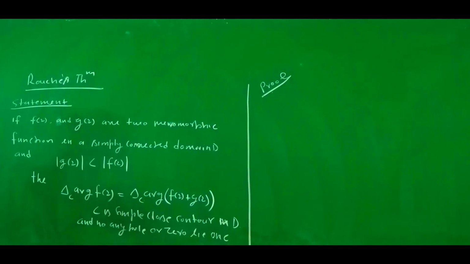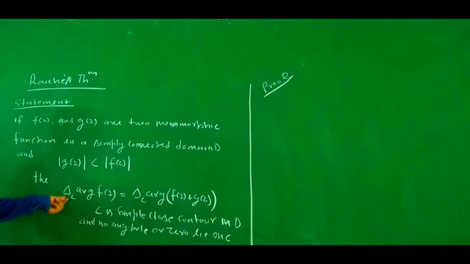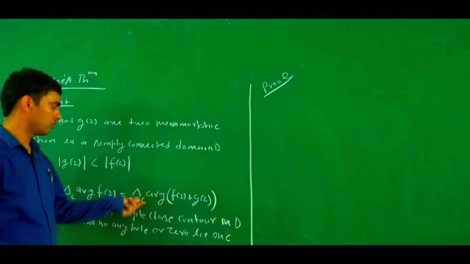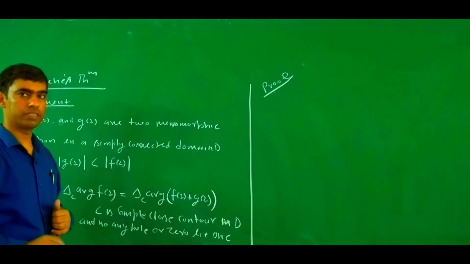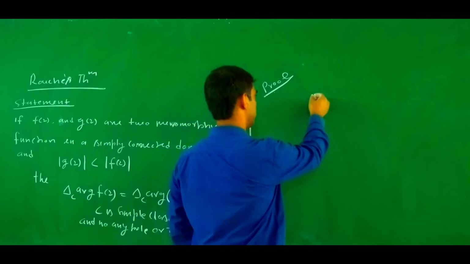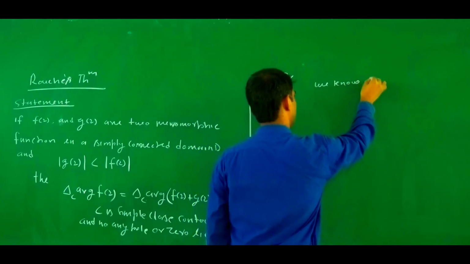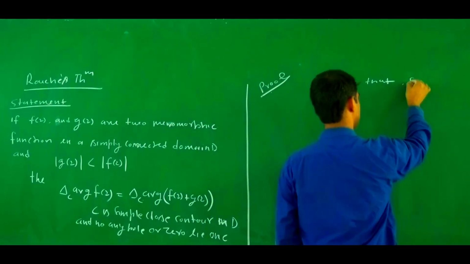If you closely observe, there is a need to prove that the change of argument of f(z) along the path C is equal to the change of argument along the path C of f(z) plus g(z), both are the same. We know that if f(z) is meromorphic,